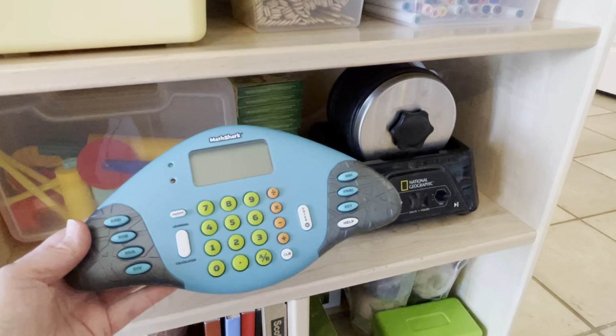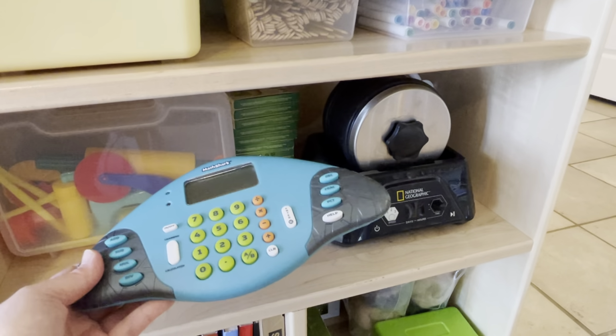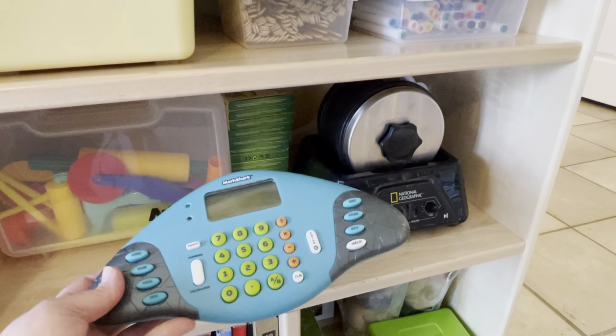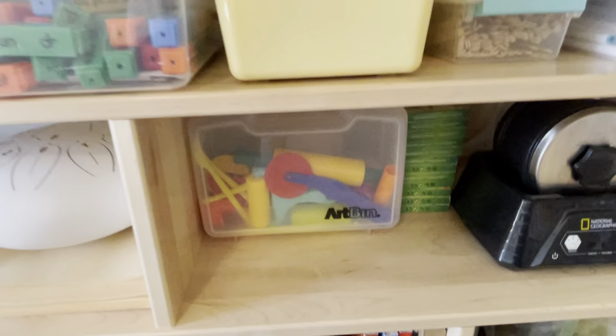This thing is a math shark, and we just opened it about a week ago, and I'm really impressed with this. It was more than I wanted to spend on a little game, but the kids have a lot of fun with it, and it's helping them learn their math facts. We'll set that aside, and